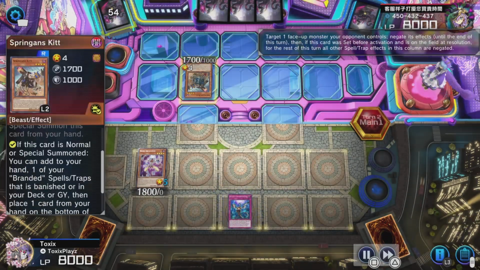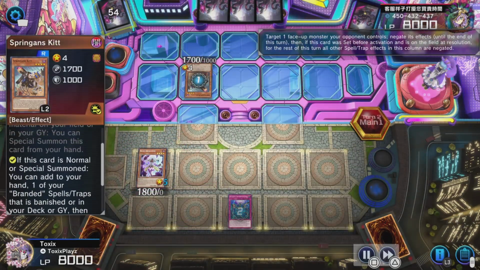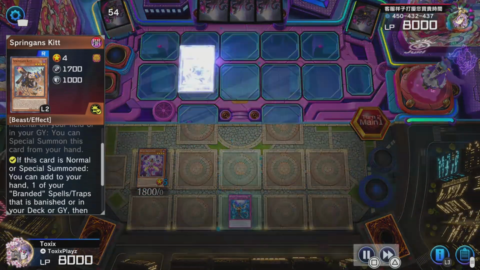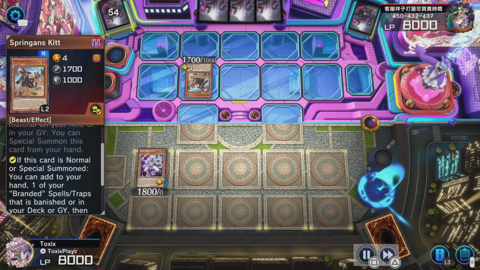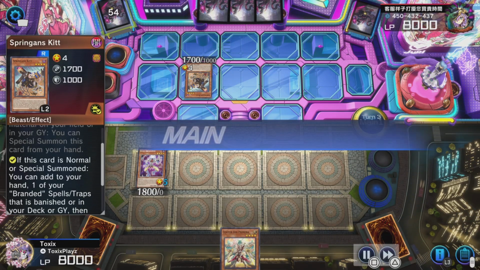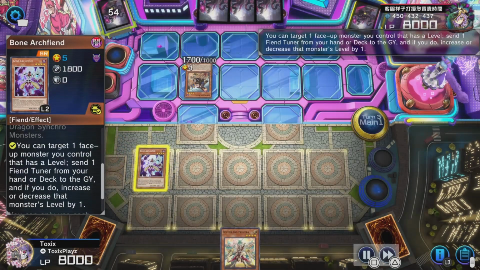They're going to normal summon Springin' Kit. We are going to Imperm that. I was going to save the Imperm for the Branded Fusion summon, but because they normal summoned Springin' Kit, it was pretty damn obvious they were not getting into Branded Fusion here, because that was their way of searching it. Draw for turn, Primero was actually a really good card to draw here, but for some reason I go